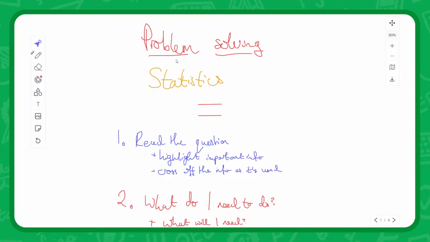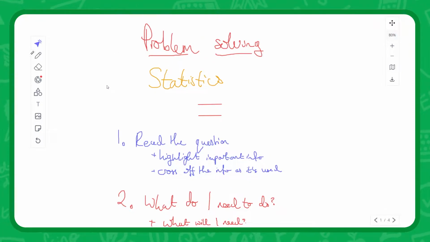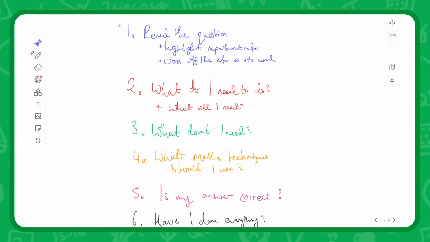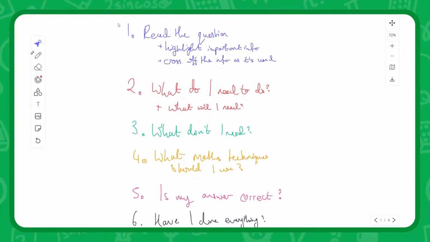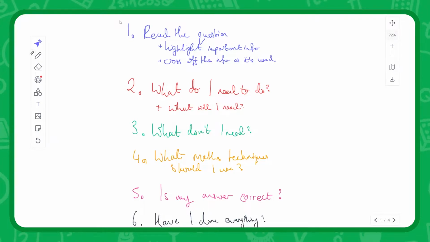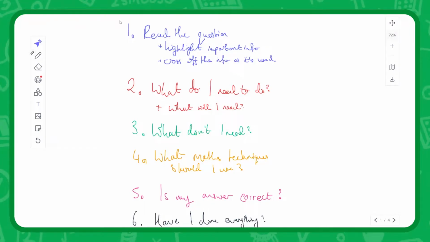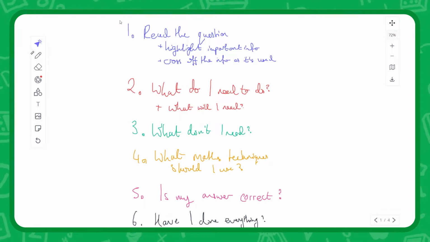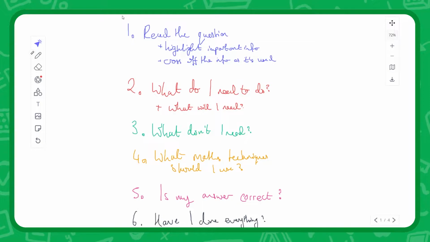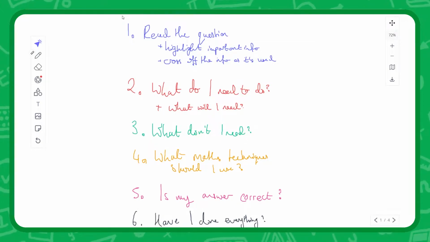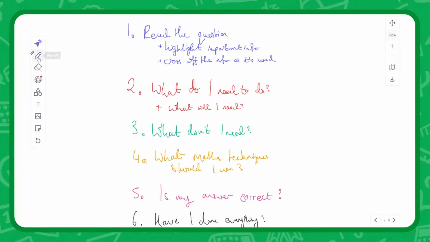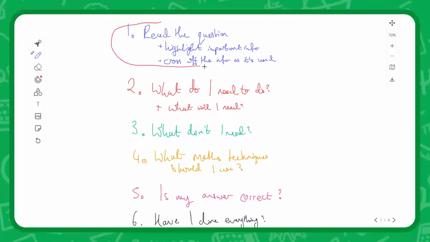Now, we're going to be looking at this through the lens of the problem solving framework that I already set out in other videos previously in this mini series. And in those videos, we go over them in greater detail. Now, statistics, you have to go a little bit off the wall because most of the information in statistics is deliberately contained in very small amounts of information. So it's more about being able to take every new question with a degree of flexibility as opposed to using the same method. As usual, though, we'll go over these, starting primarily with read the question, highlight info, and tick